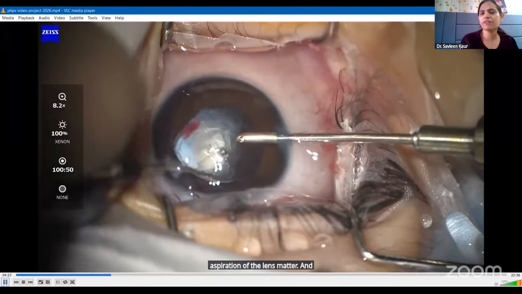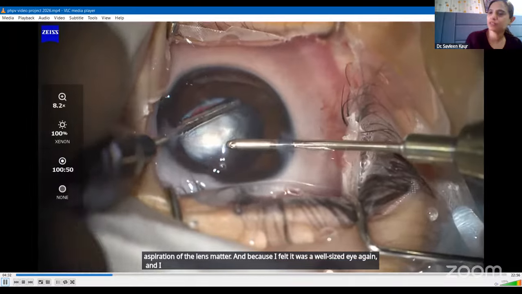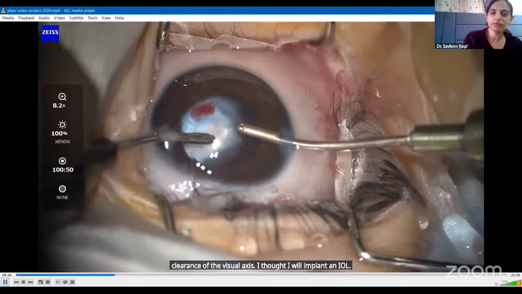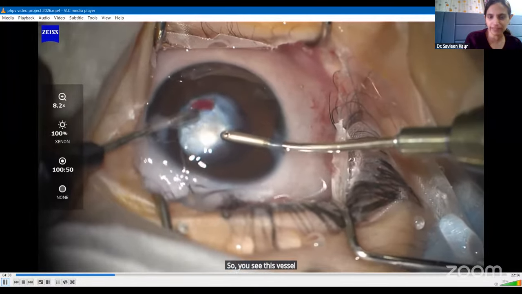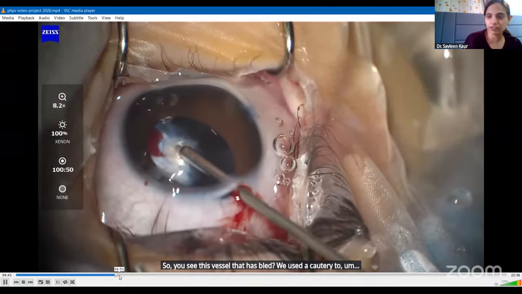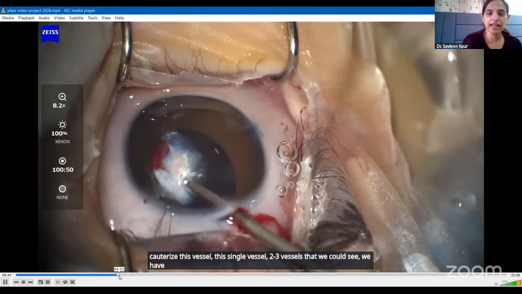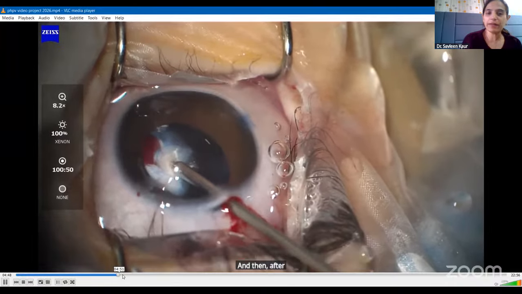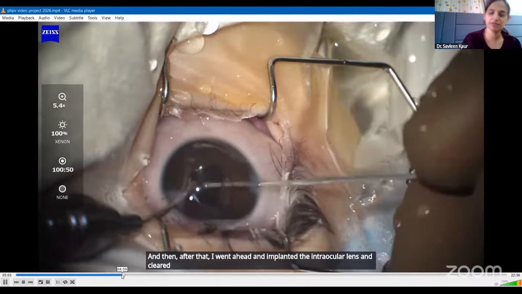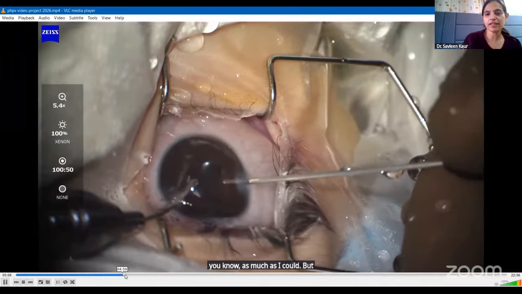And because I felt it was a well-sized eye again, and I had achieved a good clearance of the visual axis, I thought I will implant an IOL. So you see this vessel that has bled. We used a cautery to cauterize this single vessel, the 2-3 vessels that we could see. And then after that, I went ahead and implanted the intraocular lens and cleared the axis as much as I could. But what happened was that